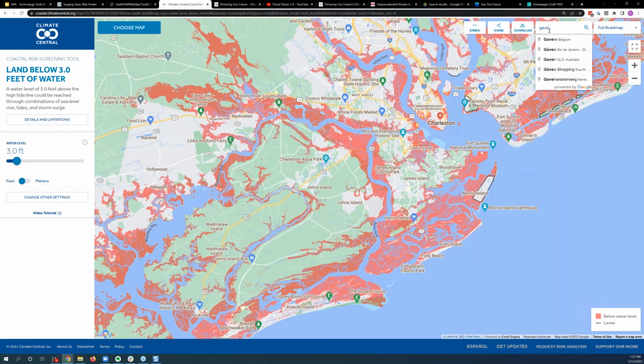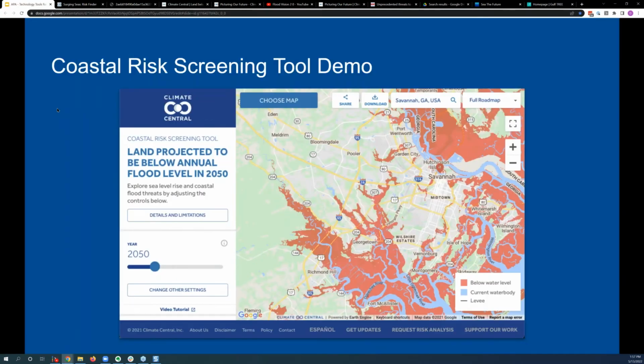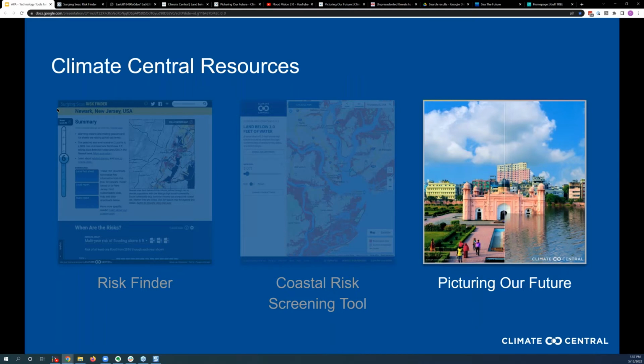So you could just search for your location in the top right. It'll plug in. You could plug in specific addresses as well. Yeah, so that is our mapping platform. We welcome you to use it.